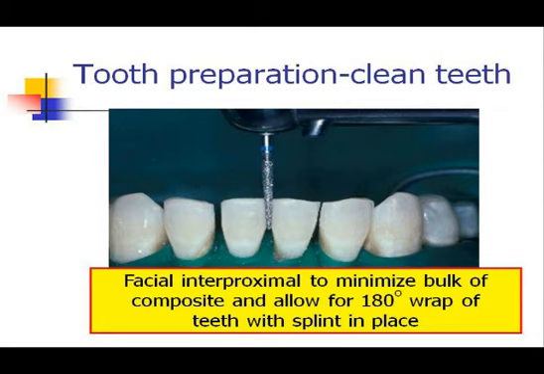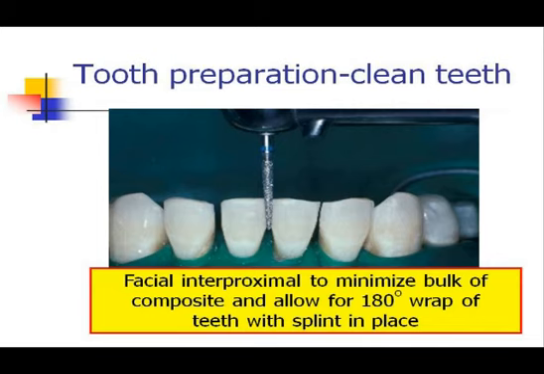This allows us to place composite on the facial, the splint on the lingual. We create a 180-degree wrap with the splint in place. We stabilize the teeth. We'll hear more about that later. So the teeth are cleaned before the bonding procedure so that we can get our optimal adhesion on the facial